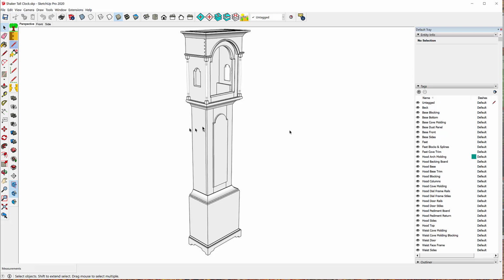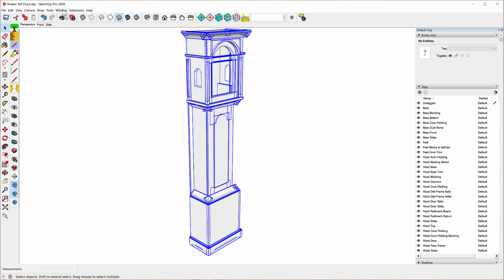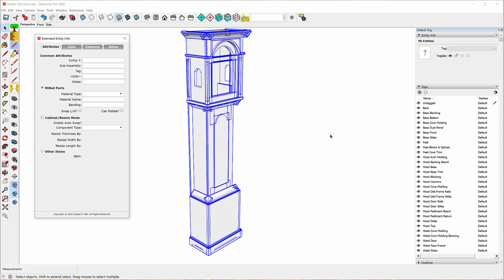So what I can do is select all, and open up the extended entity info. And notice nothing appears in any of these attributes. What I'm going to do is select material type, rough lumber, and material name, cherry. Now I'm going to deselect all of this